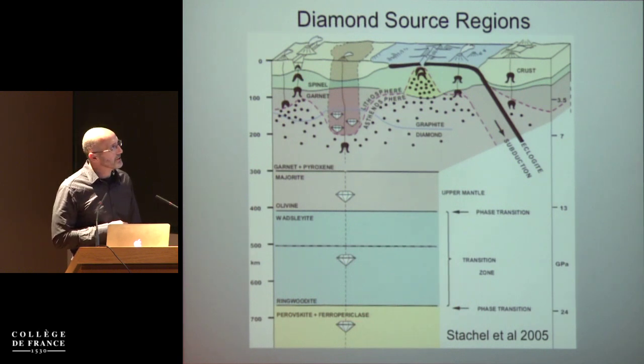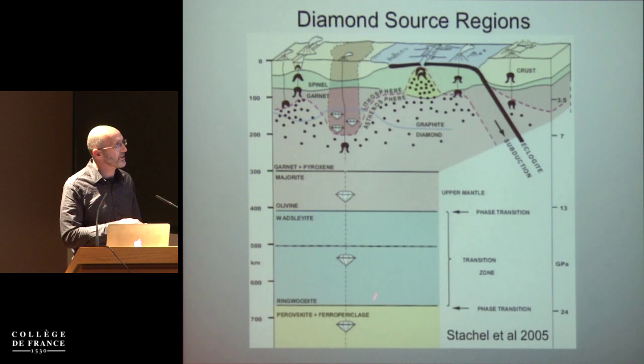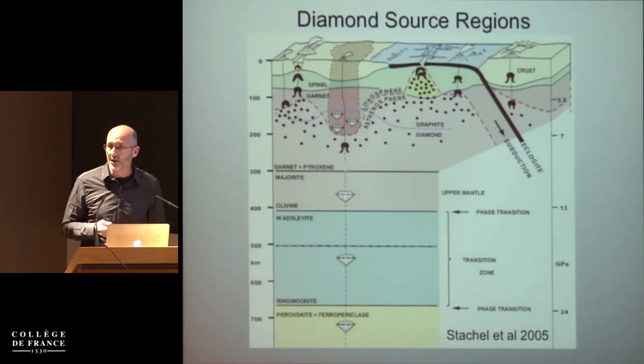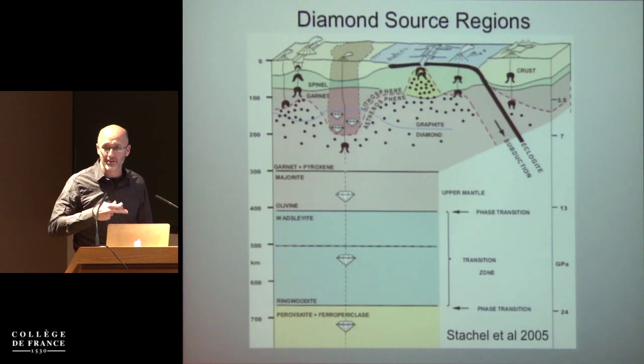And I'm going to talk to you today about diamonds from Brazil that give indication for having originated in this entire pressure range and have been transported from the lower mantle up to the base of the lithosphere. And in my view, are recording and tracking processes involving subducted material and low-degree partial